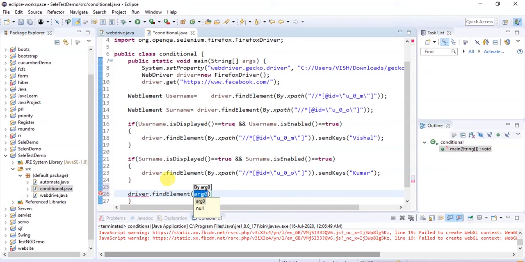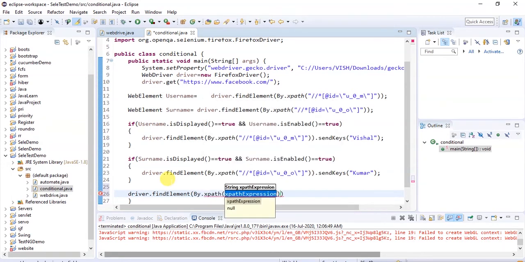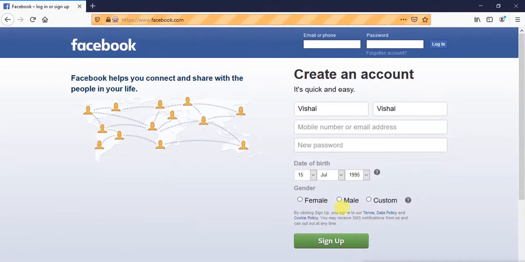Now we will see an example of isSelected. For that, findElement by XPath we are going to use. If you can see here, female and male both are not selected. We can call it selected after clicking on it. When we have clicked it, the output status will be true. Otherwise for female it is false and for male it is true.